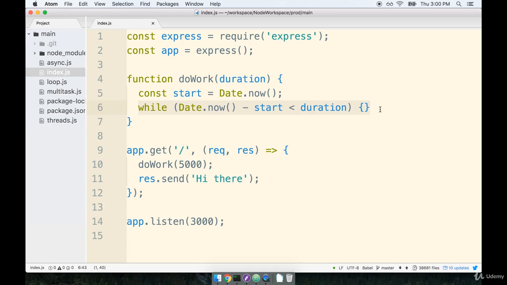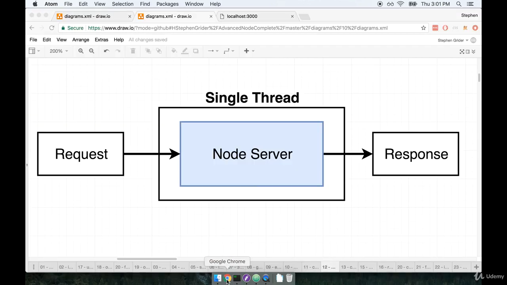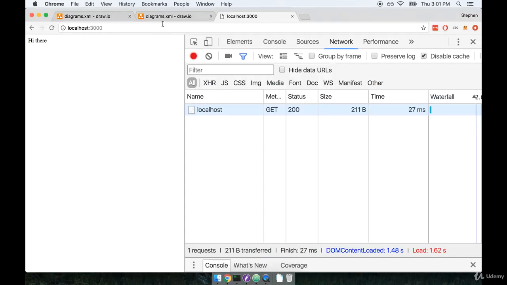That means it cannot handle other requests. It can't do other database queries or write files, or anything else while this while loop right here is running. So let's see that in action right now. If I go back over to my browser, I'll refresh the application and notice how, I just forgot,